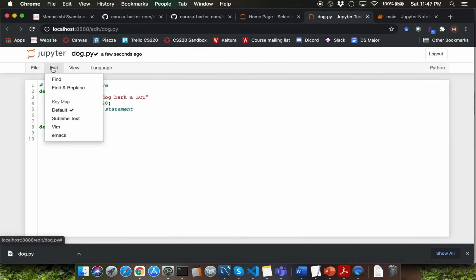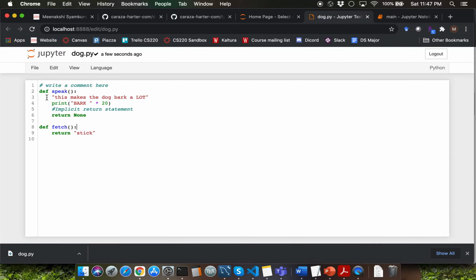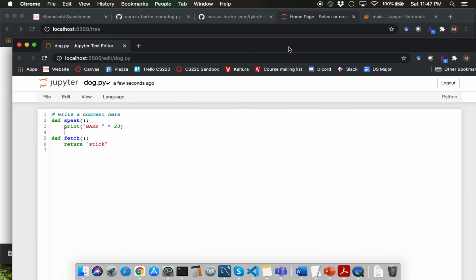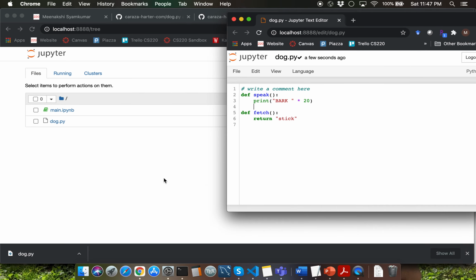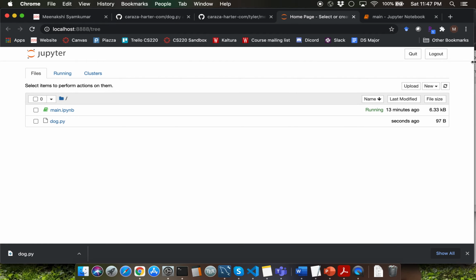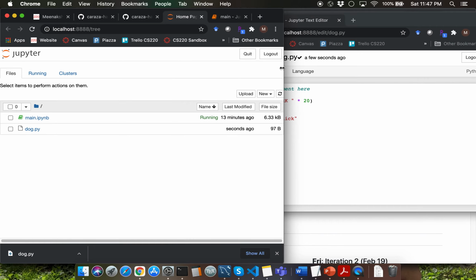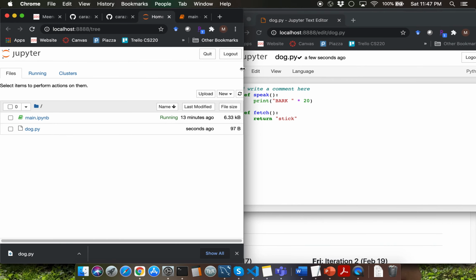You can click on edit in order to edit the particular file. For now, I'm going to remove these lines and we'll come back to this later. Let me save the current version and I'm going to use a split window approach so that we can look at dog.py and also use it at the same time. Let me move my Jupyter Notebook to the left hand side here.